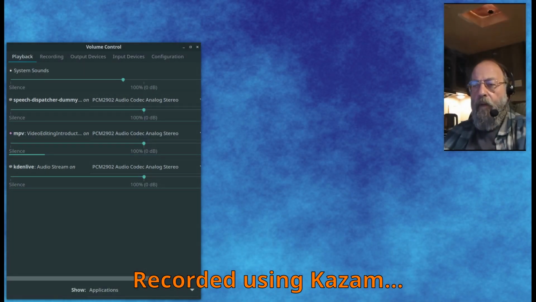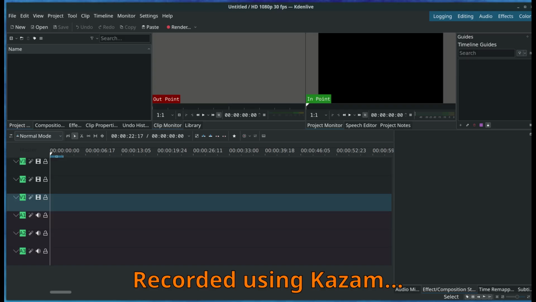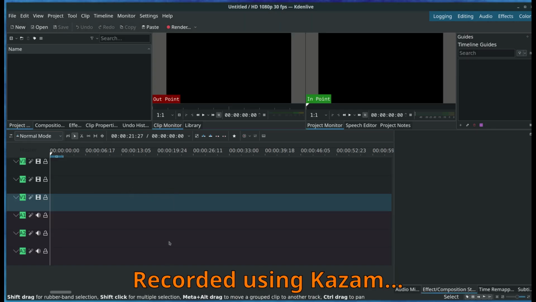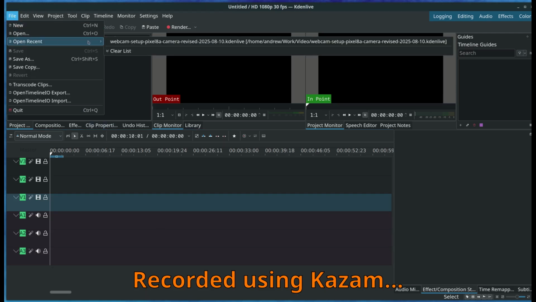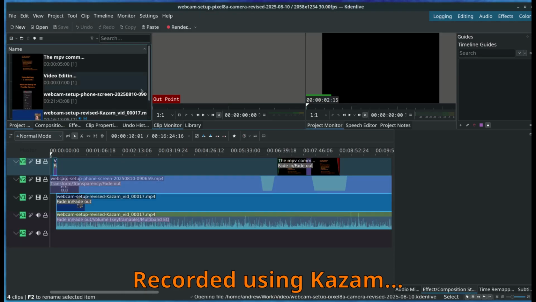Okay, we are now going to continue the Kazam audio test, and to include kdenlive. And with kdenlive, I'm going to just pick a recent. Oh, okay. We'll pick this one. This is basically a revised webcam setup, which has both audio and video. And